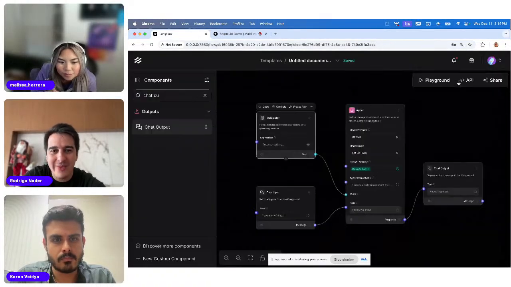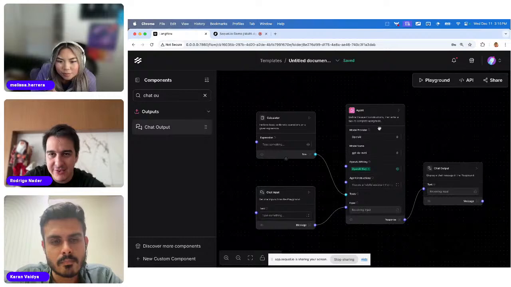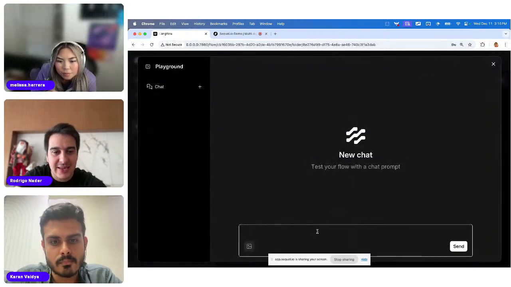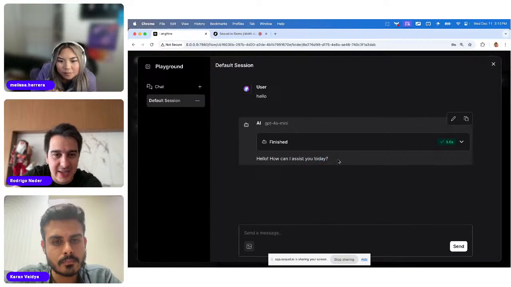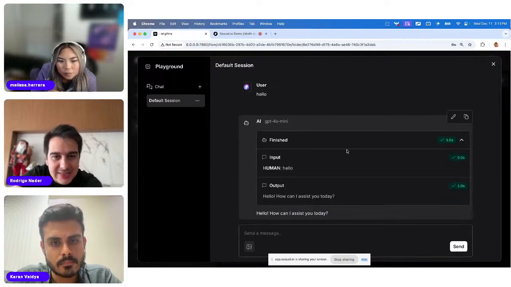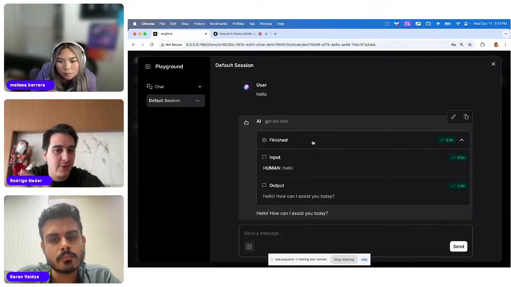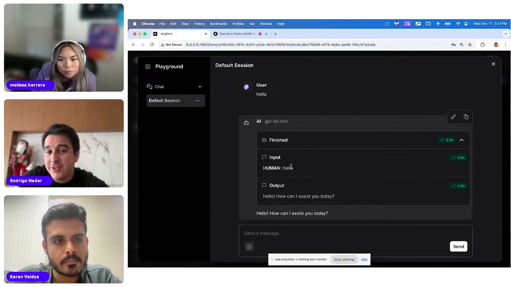So once I create my first application here, I'm gonna click the playground button, and I'm gonna start interacting, right? So if I say hello, it should come back with an answer, right? So how can I assist today? And basically it shows me the intermediate steps, right? In this case, there weren't any intermediate steps over here,